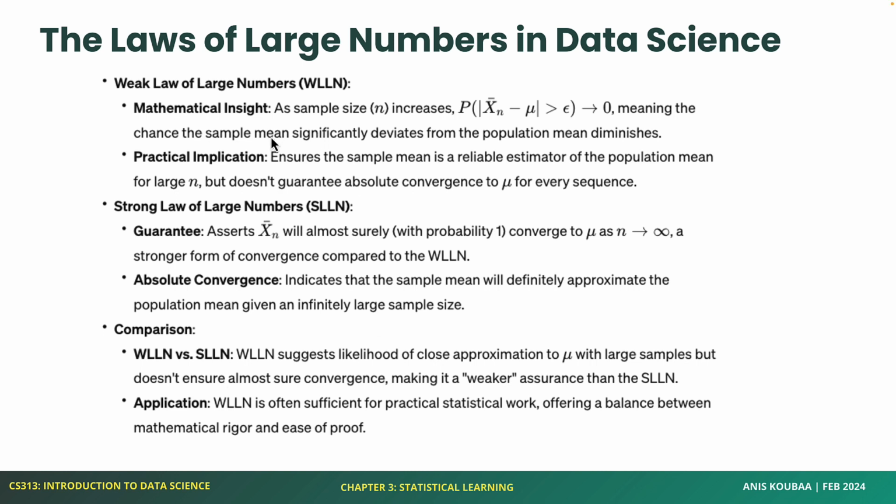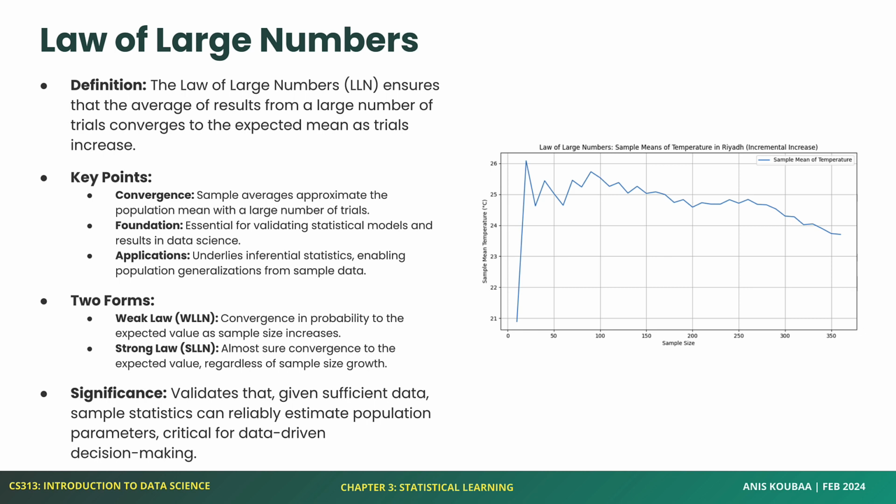So from a mathematical perspective, it means when the sample size increases, the probability of significantly deviating from the population mean diminishes. So it's likely that it's going to converge to the population mean. And here, it's almost sure that it will converge to the population mean. And this depends on how large your data is. For example, now, I would say here that I have a weak version of the law of large numbers because my sample data isn't big enough. And I'm going to illustrate this